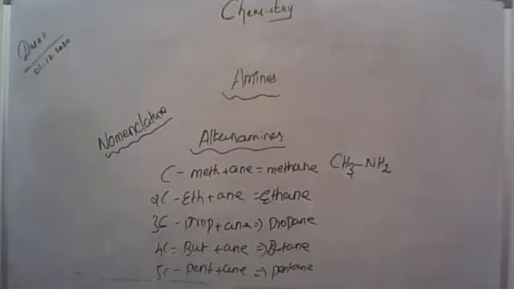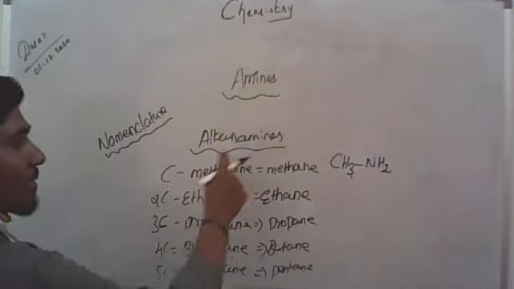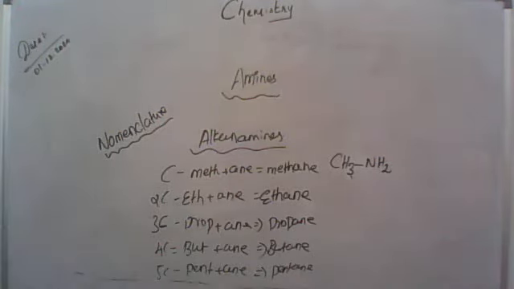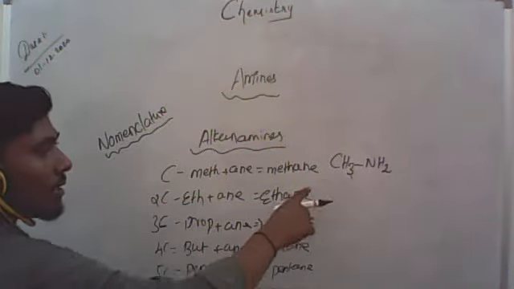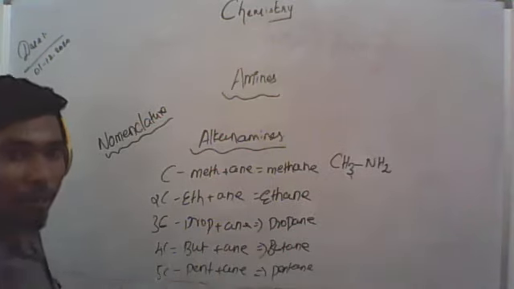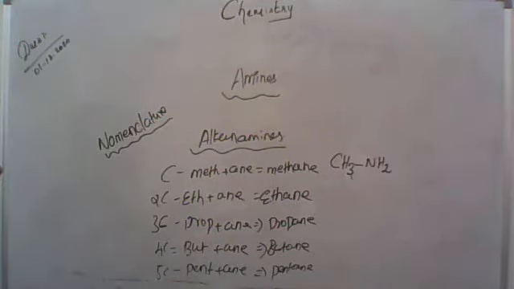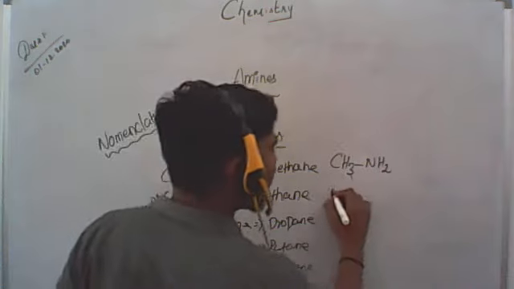So when giving the IUPAC name, what do they say? Alkane plus amine. Okay, so first we have to write the alkane's name, then followed by the amine's name. Okay, see here, only one carbon is present here. So it is methane plus amine. Okay, so methane